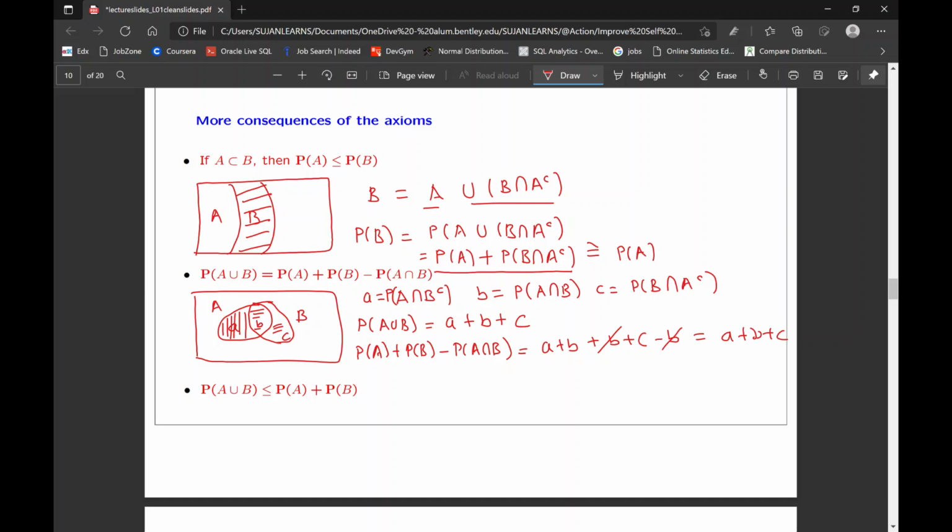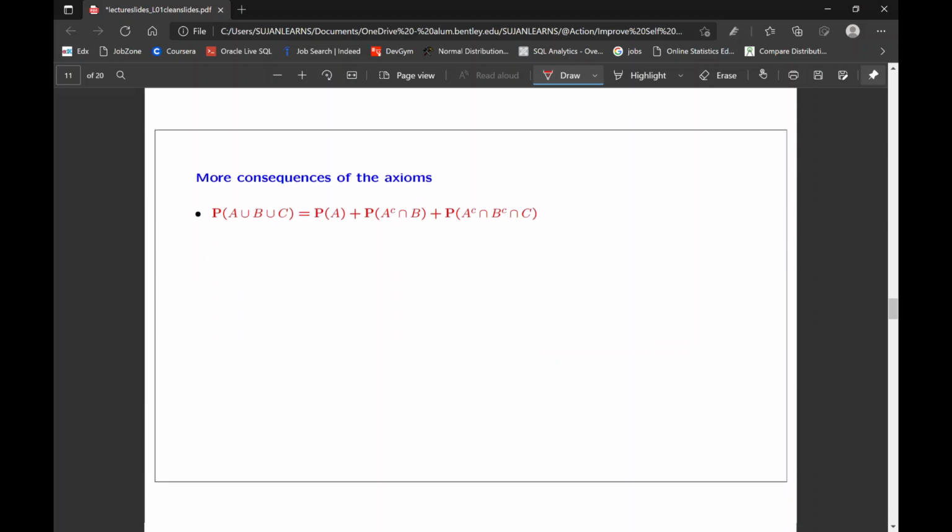At this point, whatever we prove brings us to a unique consequence of this equality. That is, probability of A union B is equal to or less than probability A plus probability B. This is called union bound. This is useful when we want to argue that certain probability is smaller than something. Now moving on to the last consequence,